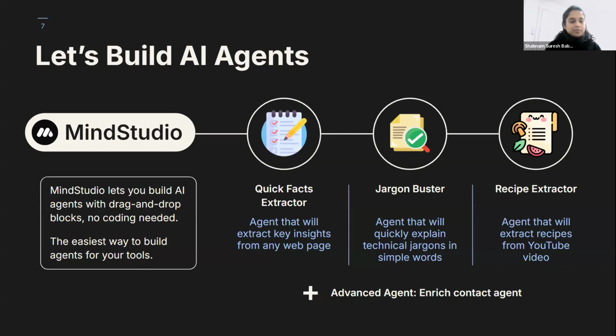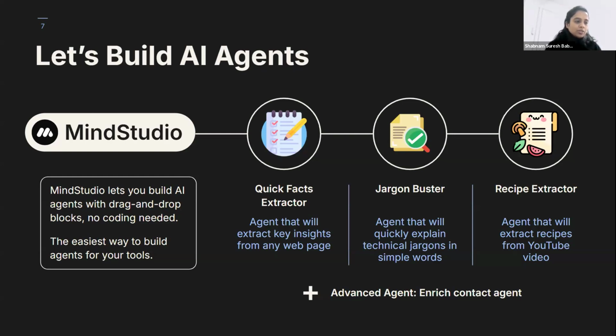Today what we're going to do is we will be building three live agents, where you all can do hands-on with me or along with us. Actually, the three of us will be showing three different agents, or you can simply sit back and watch the steps. So we'll be showcasing the builds on this tool called MindStudio. MindStudio is just an application which is a no-code AI native platform, like Igor had mentioned. Remember that this is just one tool, and try to understand the basics of how to build a workflow, because there are many tools like MindStudio that do the same thing.